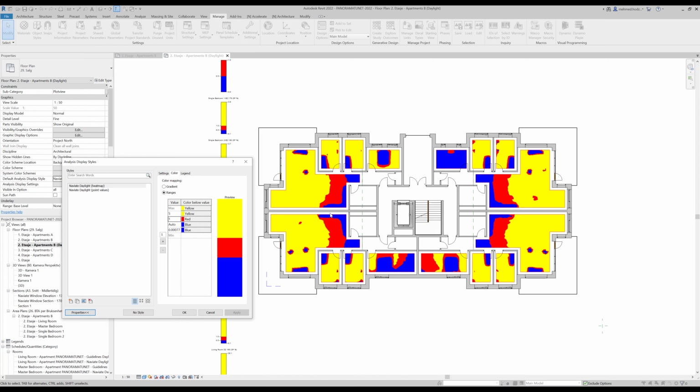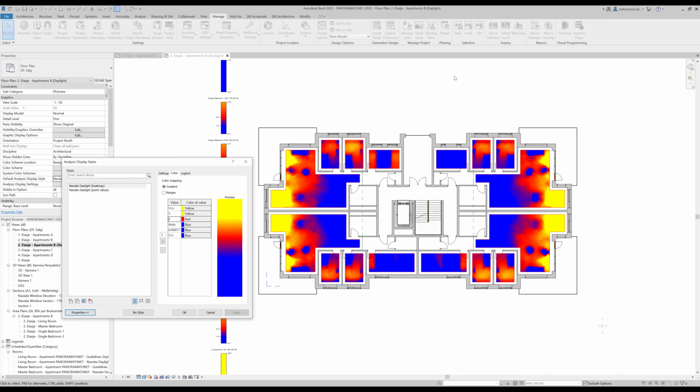So when it comes to showing different ranges, you have the possibility to do that, or even if you only want to show the parts of the room that are above 2% and the parts of the room that are below 2%, you can do that with these options. And you can also, as I said, show the point values here, and if I click on this style here,